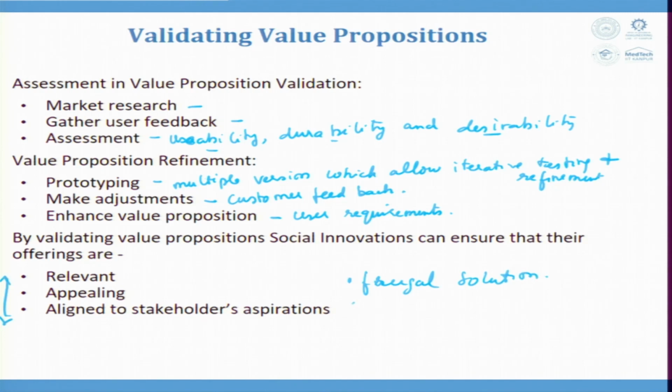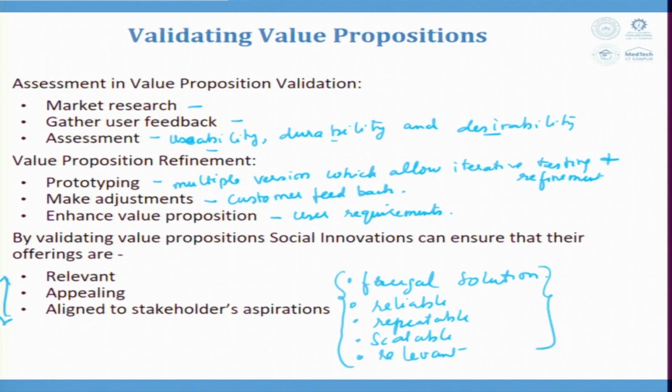Frugal solutions which are reliable, repeatable, scalable, and relevant. All these things are very important in social innovation, which many a time need not be there in other innovation. This makes it very difficult, and here you have to have various stakeholders all on the same page, so that you achieve whatever you want. And there are several successful models already available in terms of products, process, service and